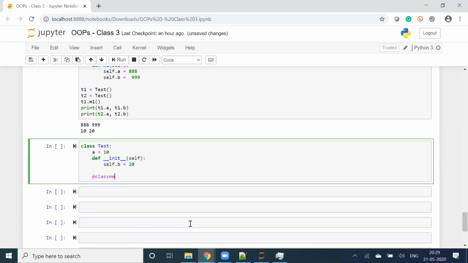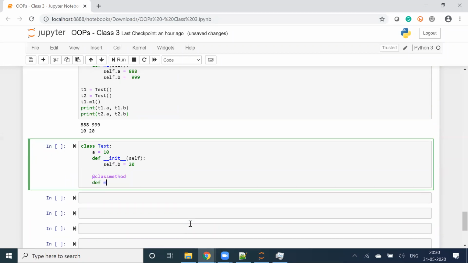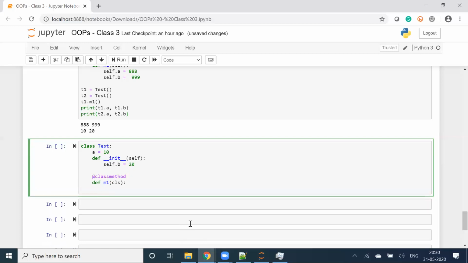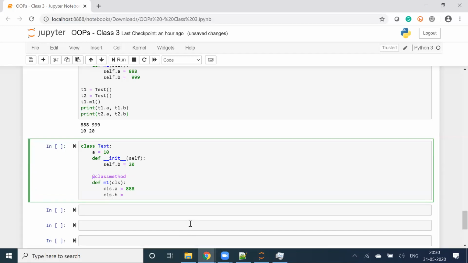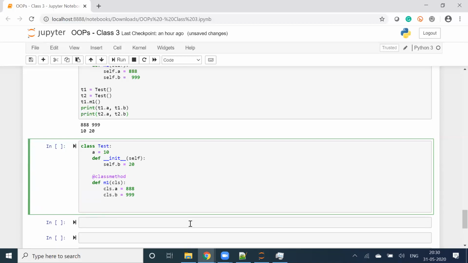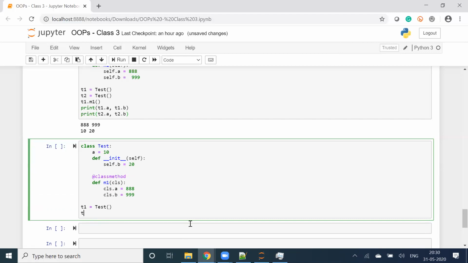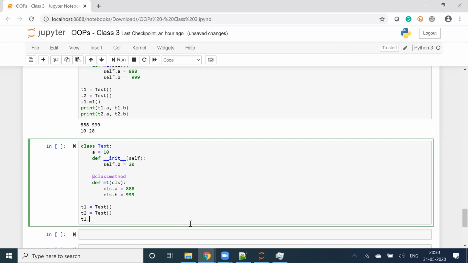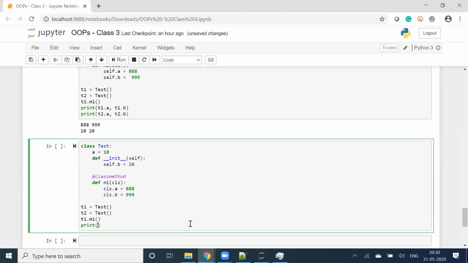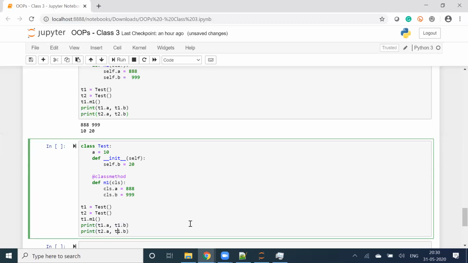I'm creating a class method, def m1 cls, cls.a is equal to 888, cls.b is equal to 999. t1 is equal to test, t2 is equal to test, t1.m1, print t1.a comma t1.b, t2.a t2.b, test.a test.b. Tell me the output.